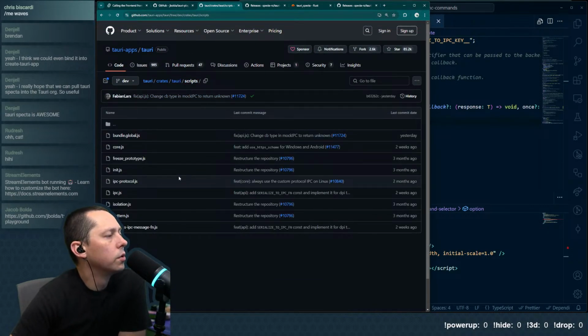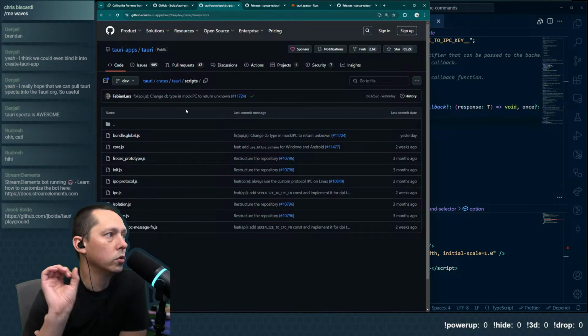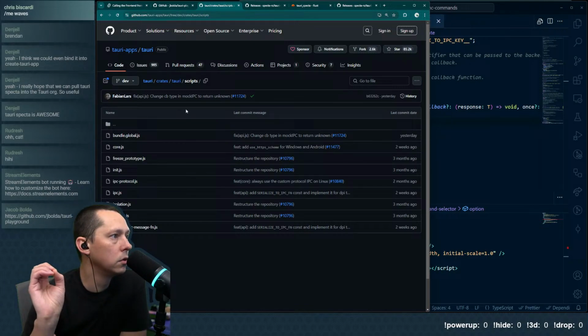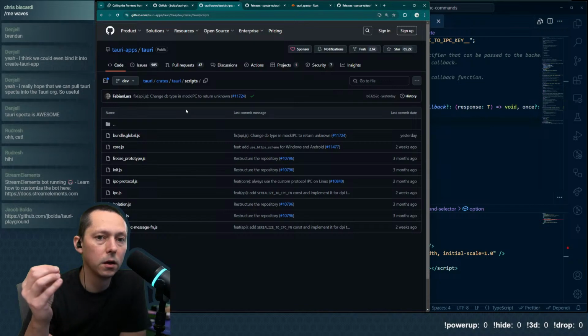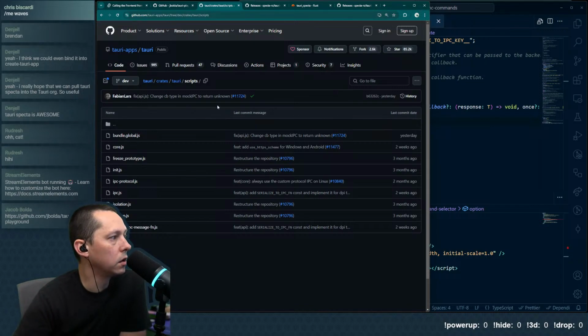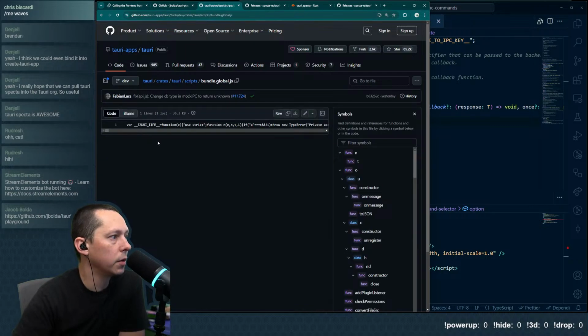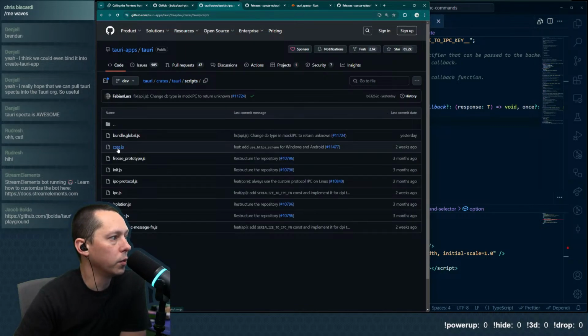So what Tauri is doing, or part of what it's doing, is that when you load up a new web view, it's injecting these scripts into that web view, basically attaching it to the window object, if you're familiar with that paradigm from back in the day.